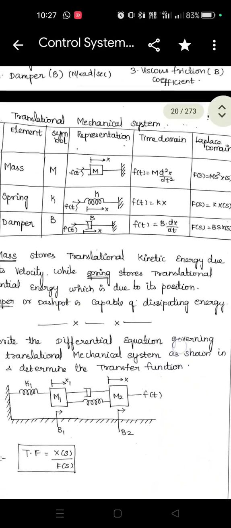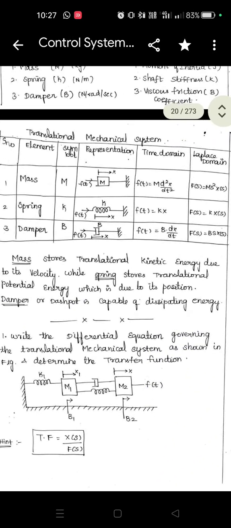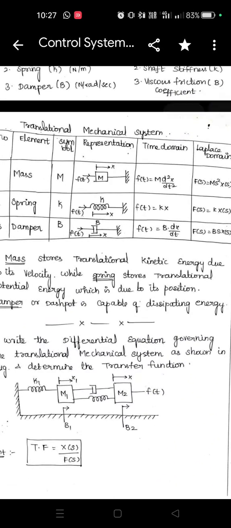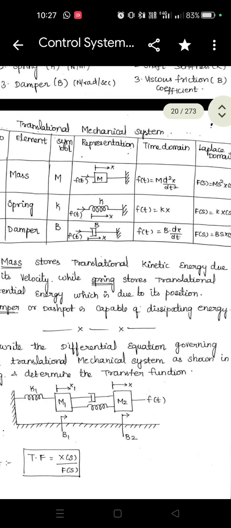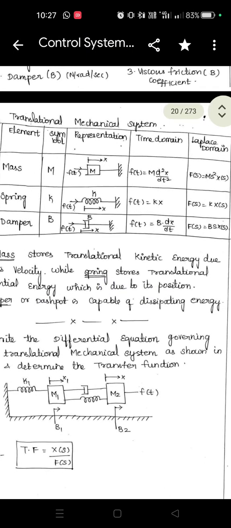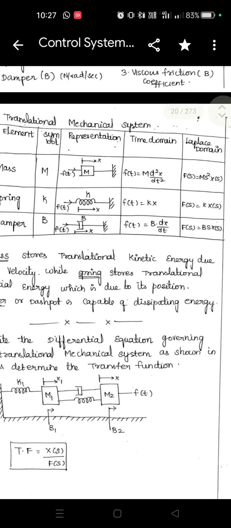and x is denoted as X of s. And the second one is a spring K. Here f of t is the input, x is the displacement output, and k is the spring. The time domain formula is f of t equals k into x. In Laplace domain, time domain is replaced with s. So f of t is replaced with F of s equals k into x, denoted as